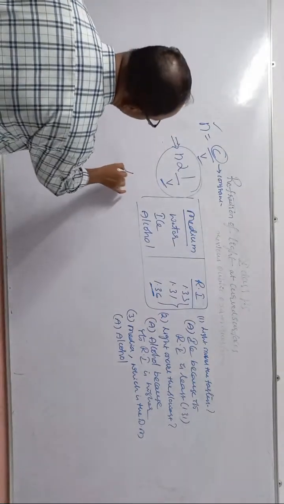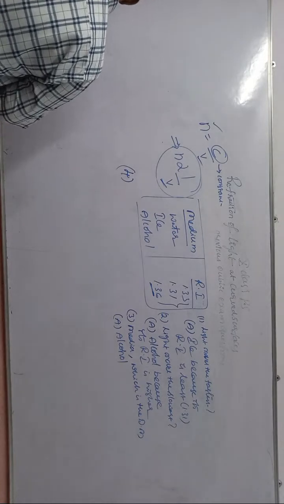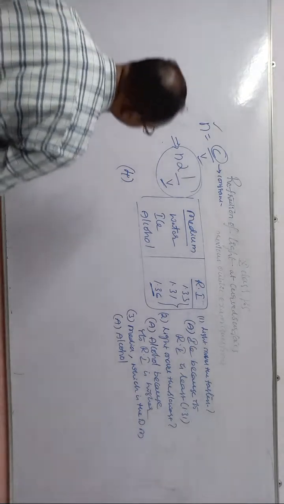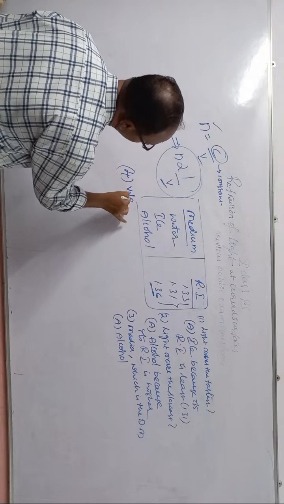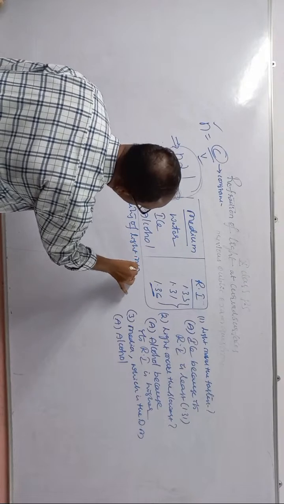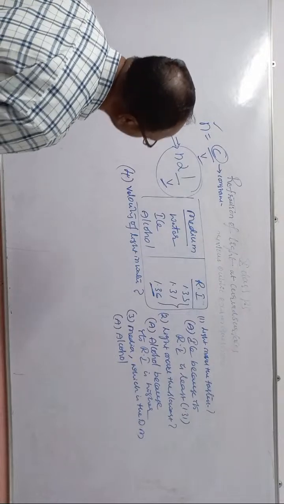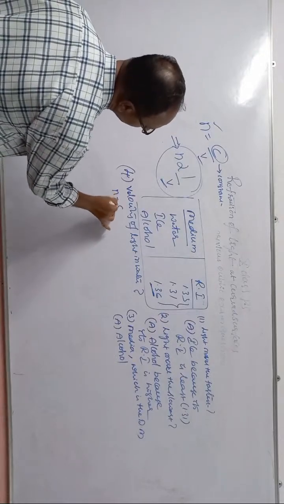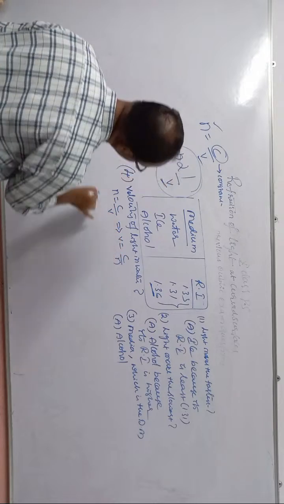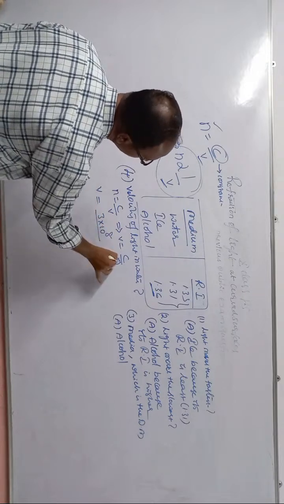Next, one more question on this topic. What is the velocity of light in water? Given that the velocity of light in air is 3 into 10 power 8. Let us calculate the velocity of light in water. We have the formula n equals c by v, so v equals c by n. The c value is a constant, 3 into 10 power 8. The n value for water is